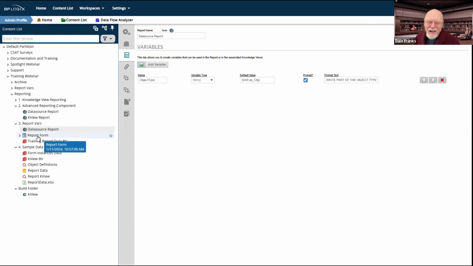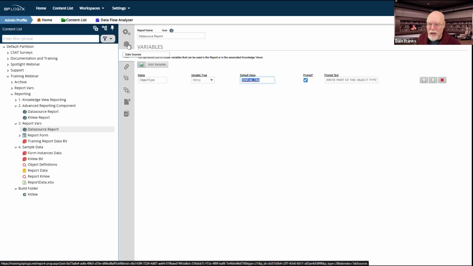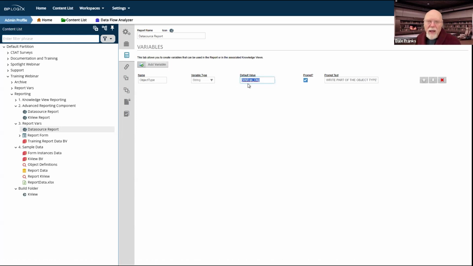So even though I did it inside this report form by adding a show report control and then passing the variable through, I really only did that to show you that it was possible to do that, that is a thing that exists in Process Director. I think in most cases, the more common thing would be not to pass a variable in from a form, but to actually prompt the user on the report itself. In this particular case, because of the way I have written the SQL statement with that like, and I'm doing that loosey-goosey text matching, if I don't add a value, it returns everything.